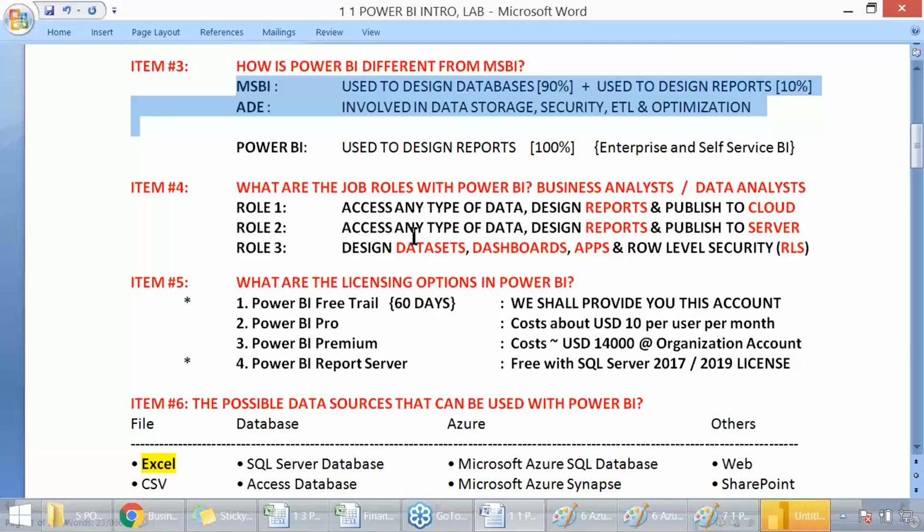Well, if the data is from MSBI team members or Azure Data Engineer team members, truly speaking, our job is really made easy because they'll take care of most of the data cleansing activities. In MSBI, you have SSIS, Integration Services, to do all ETL. In ADE, Azure Data Engineer, we have Azure Data Factory, Azure Databricks, Data Lake Analytics, and nowadays even Cosmos also has something called notebooks to do ETL. They're involved. Then our job is made easy, truly speaking, okay? But